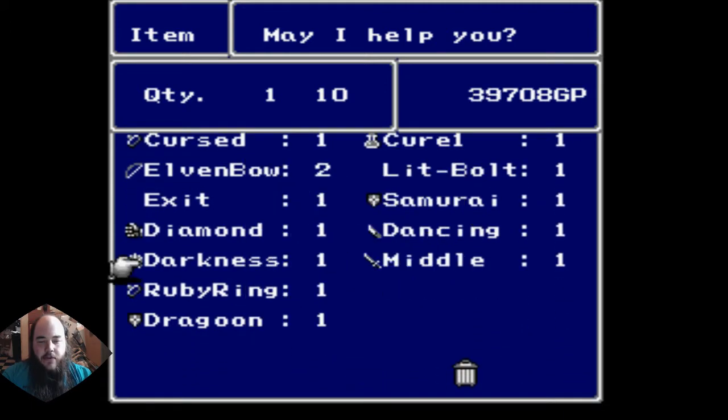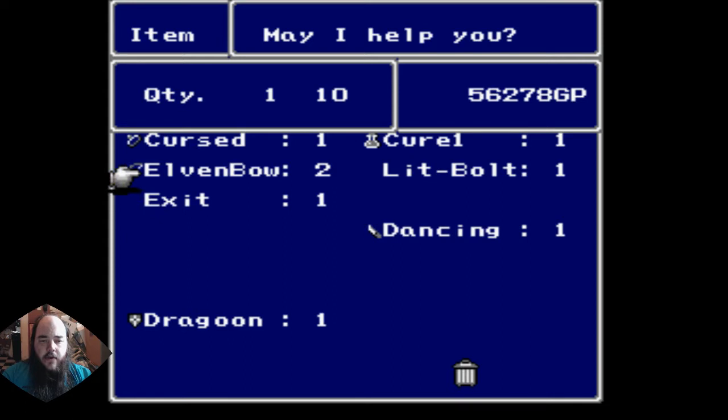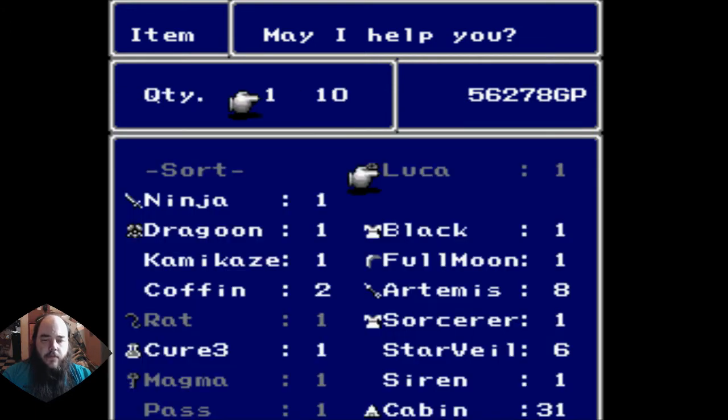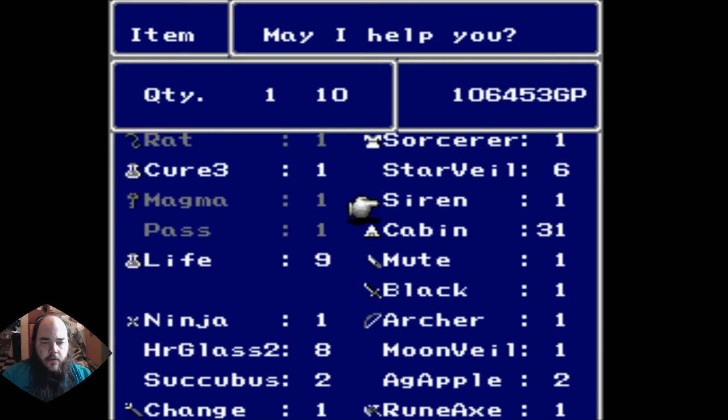So middle, I can sell Darkness, Diamond. Ruby Ring isn't necessary. Samurai Shield is definitely not necessary. Keep... No. 1. I'm selling 1 Rune Axe because I don't need 2, and that is a fair amount of money. Those bows, I don't need the Fire Claw anymore. Definitely don't need black. Archer...